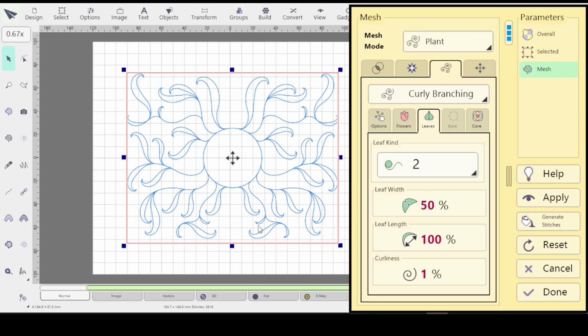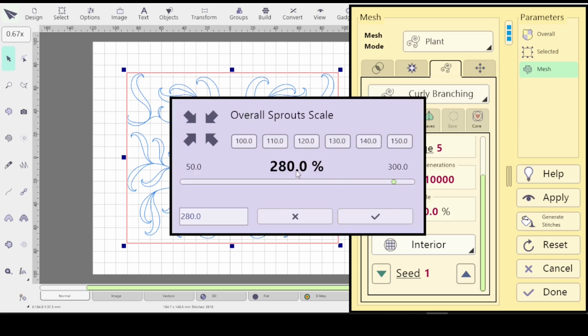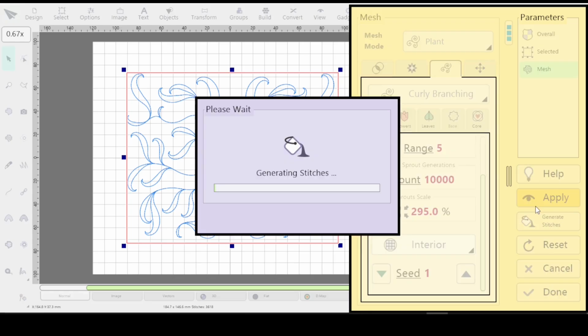I can edit these two very easily. In my options, I'm at 280 on my overall. My range is 5. And let's see, what did I change? I went to seed 1. It's so hard to keep track of everything. I'm going to go back to this and just see. Can't leave well enough alone. So I'm at seed 1 and then